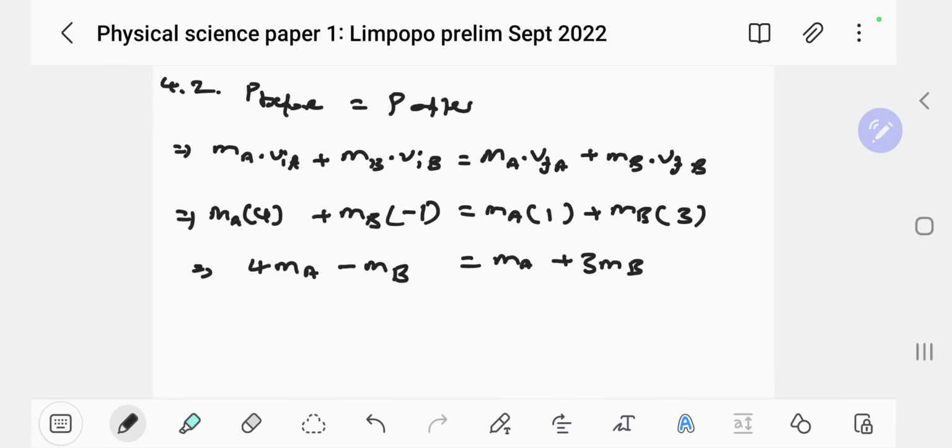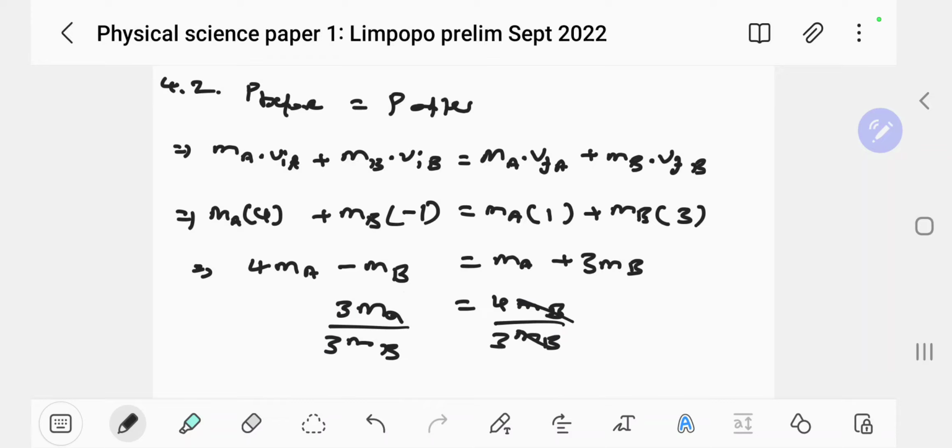So we can already tell that, look, if you transpose this one to that side, it's going to be 3 MA is equal to, transpose this one to this side, it becomes 4 MB. All right, okay. And then of course here you do a mathematical gymnastic of dividing by MB. All right, and then here again we can do the same thing and divide by 3 and divide by 3. So MB cancels out, 3 cancels out.